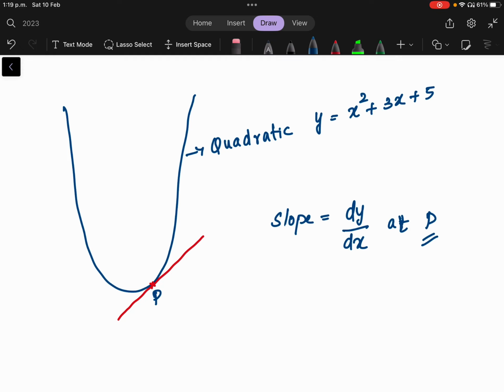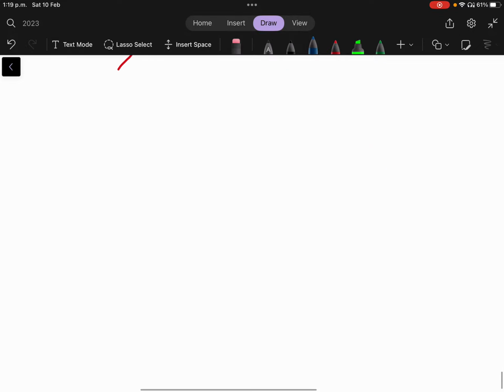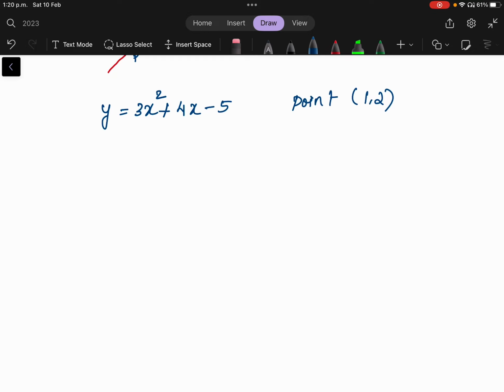So for example, if you have a quadratic equation, y is equal to 3x square plus 4x minus 5. Let me write it a bit bigger. Y is equal to 3x square plus 4x minus 5. And this is a curve and the point is (1, 2). You need to find the equation of the tangent for this one. Let me just write the question also so that you don't get confused. Find equation